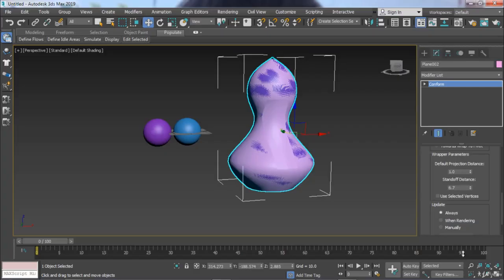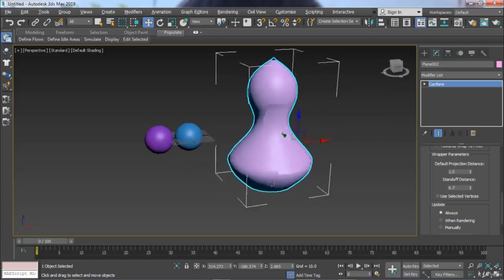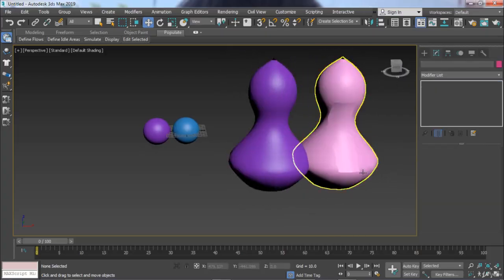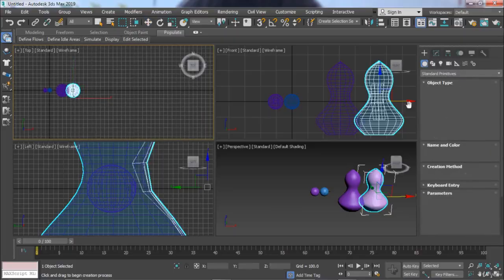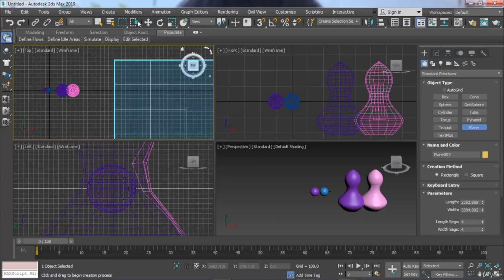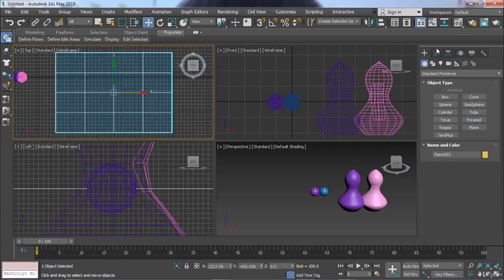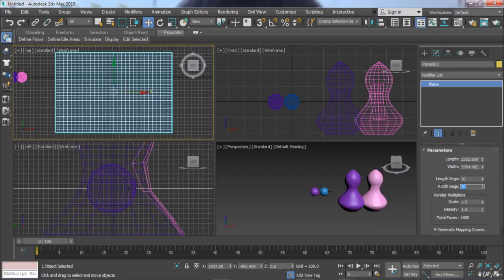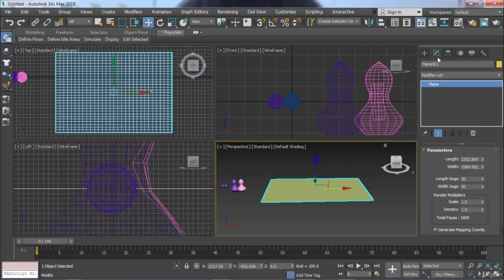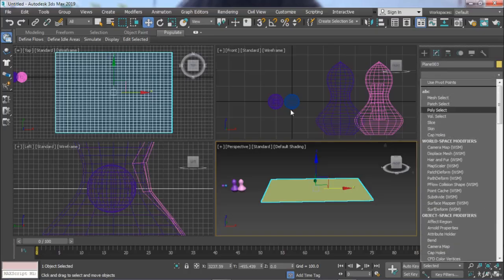This type, see the effect. And if I am giving noise and plane, making like an uneven surface, length segment 30, width segment 30, and press G to maximize the viewport, so object, and go to the modify panel and give it noise,